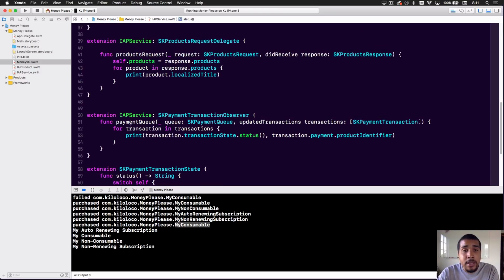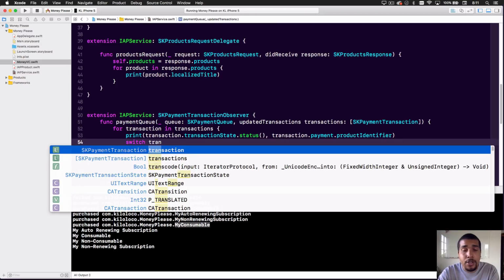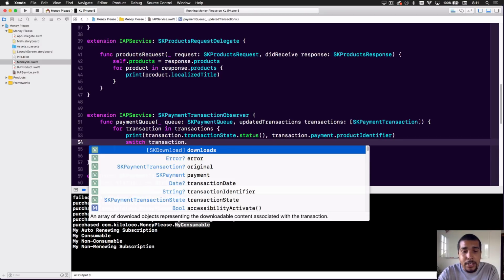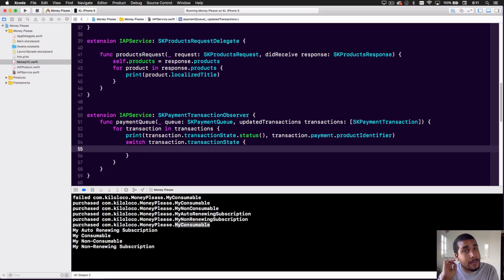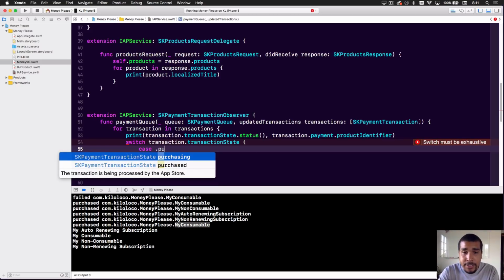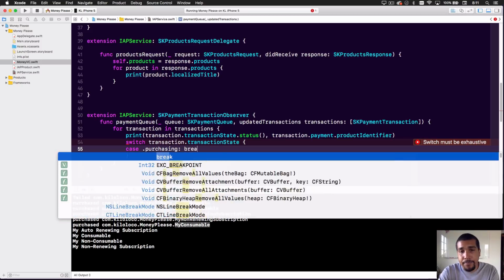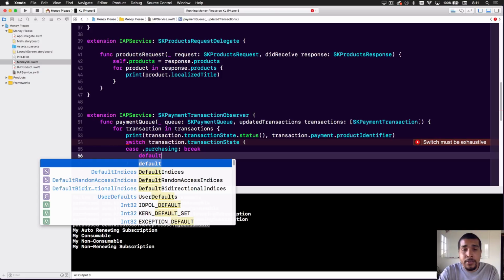So what we have to do is, in the payment queue updatedTransactions, we have to add a switch statement. Or you could do an if statement, whatever you want to do. I do switch statements. We're going to switch transaction state. So we're going to switch based off of that. Now, if it is purchasing, we don't want to do anything. So case .purchasing, we're just going to break. All right. But for everything else,